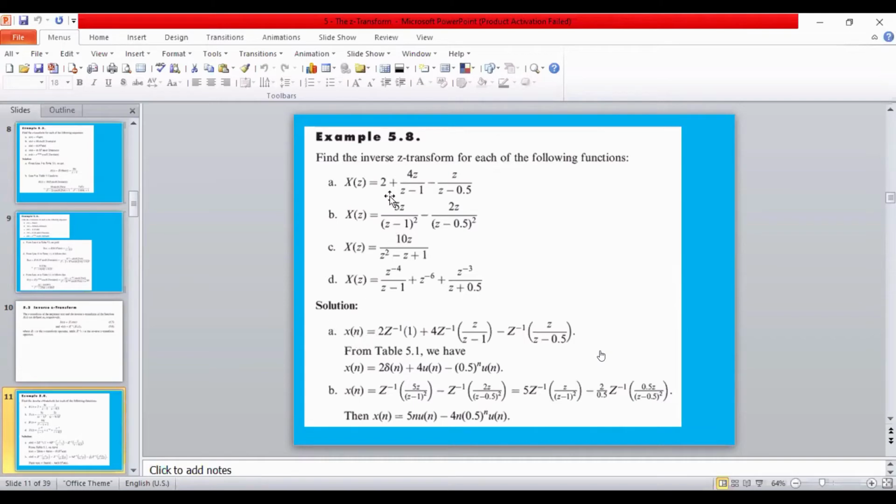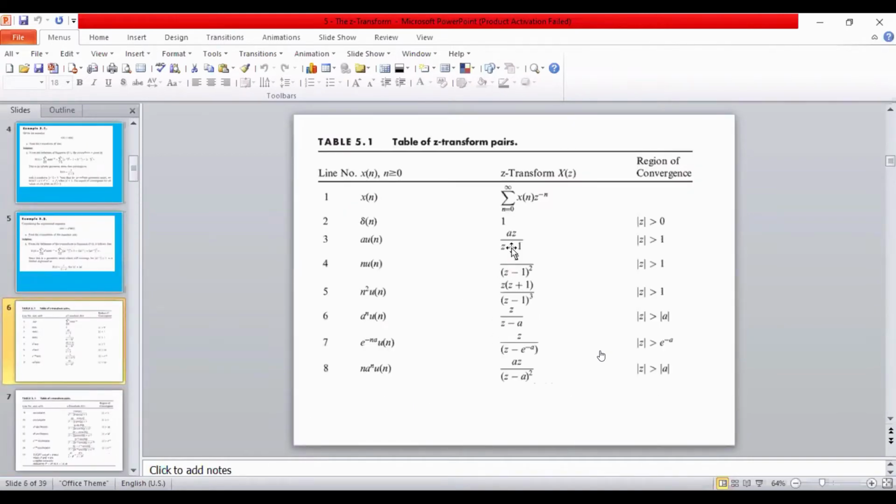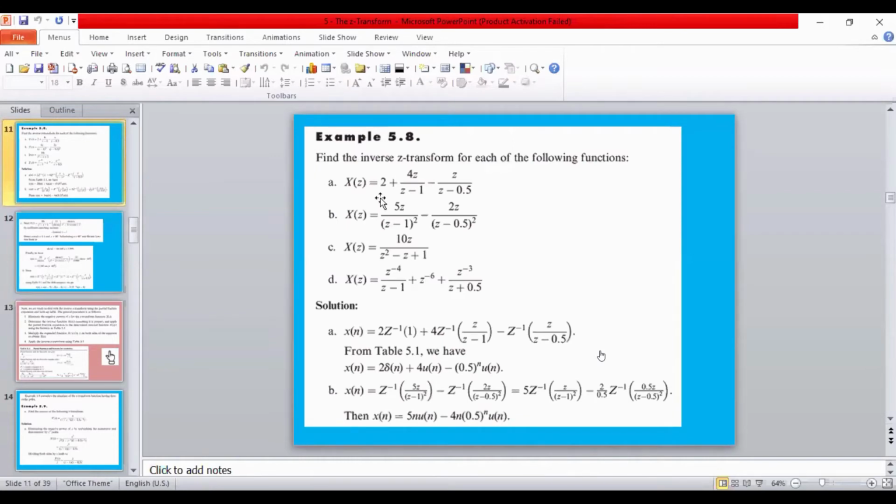Okay, we have to look at the table. Since we know that, okay, this is slide number 11. I have to go back to our table. It's very inconvenient because I have to jump between those. Here, look at line number 2. 2 means that basically you have 1, multiplied by 2, right? Very simple. So 2 is a constant and 1 has a special meaning. You convert 1 to the delta function. So if you have 2, it means you have 2 deltas. So your signal is 2 deltas for this one, right? And that's what we do there. I go back to 11. So I have two